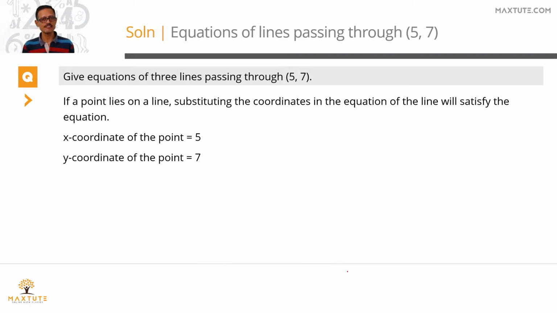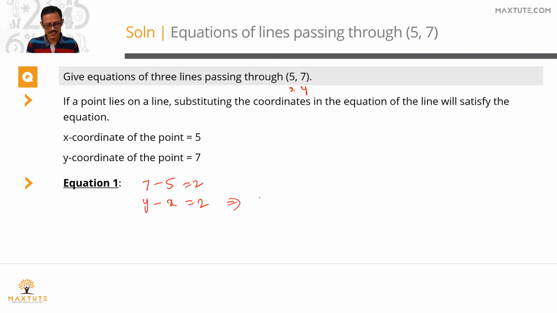Very simple systematic way. Pick this 5 and 7 and do simple arithmetic operations on them. Let's just get that done. Is the difference between 7 and 5 or 2? So I'm going to write 7 minus 5 equals 2. I found out the difference between these two numbers. Replace 7 with a y and replace 5 with an x in this arithmetic operation. So we're going to replace 7 with a y, replace 5 with an x. Y minus x equals 2 is the equation of a line which passes through 5, 7.